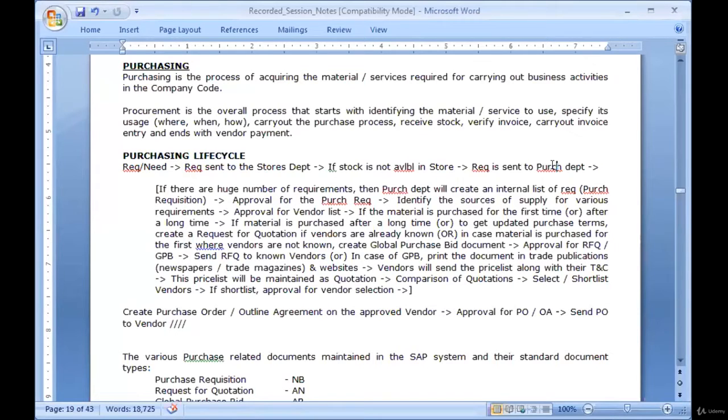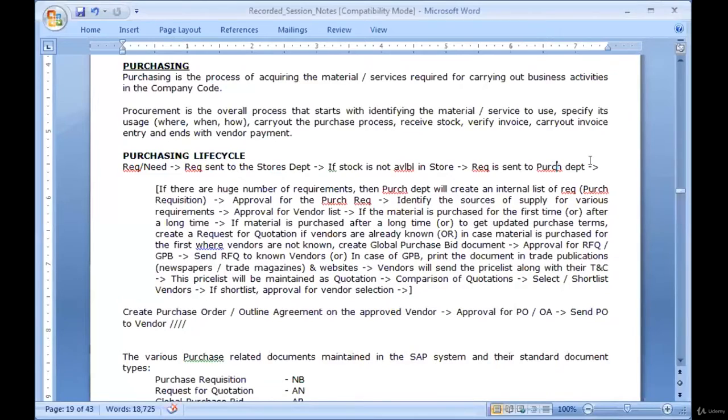So, since the purchase department will already have the information about where to purchase, how much to purchase, by what date it has to be sent, the purchase department will directly create a purchase order for the relevant vendor, get the approval and send it to the vendor for supply.